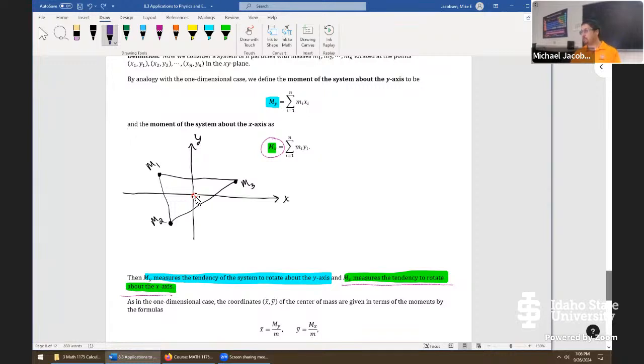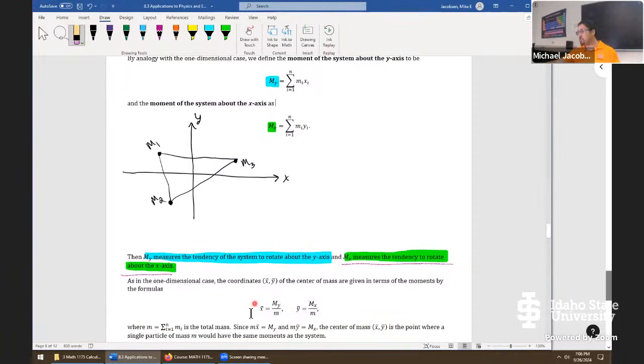But the nice thing is, once we explored how to do this in 1 dimension, we're not really doing anything entirely new. Once again, take a look at the formulas. We take the moment about the y-axis, divide by the total mass. That's going to give us our first coordinate, x bar. The second coordinate, y bar, is going to be the moment about the x-axis, Mx, divided by total mass. So what we're producing here is a pair of coordinates, x bar, y bar,